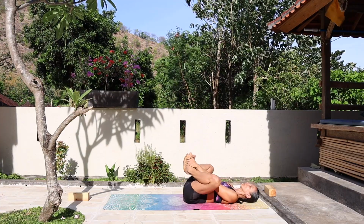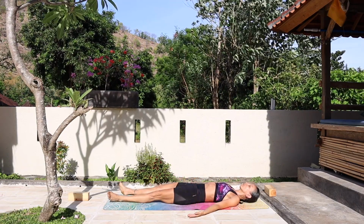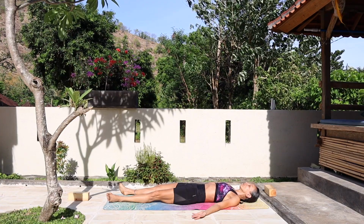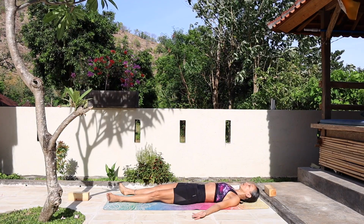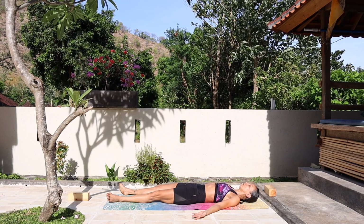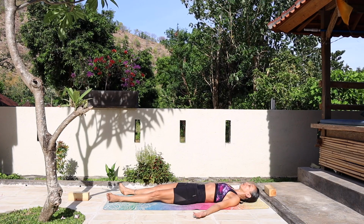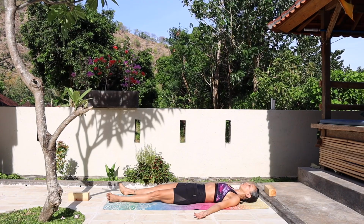and relax into Shavasana. Keeping your hands apart, legs apart, eyes closed. Take a breath in through your nose and slowly breathe out through your mouth. Breathe in through your nose, breathe out, making the ha sound. 2 more times. Inhale and slowly exhale. Inhale and slowly exhale out through your mouth,